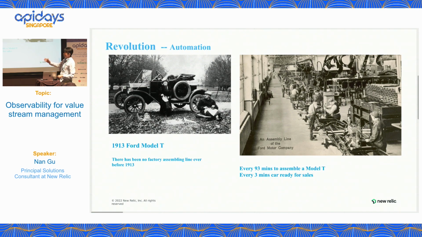The PPT mode is why we are going to use the value stream mapping. First things first, you can see this is a car. It's a Model T. It's not Tesla Model X. It's from 1913, which is about 100 years ago. The car made by manufacturer Ford is the first one formed with assembly lines, which means standardization, and then people trying to do automation. That's why in 100 years, the car factory is trying to do automation everywhere.